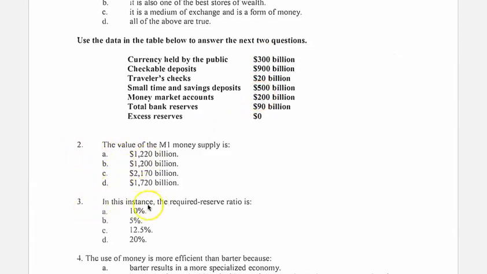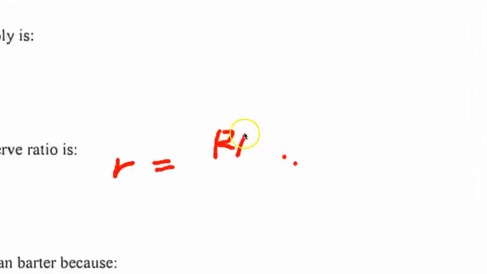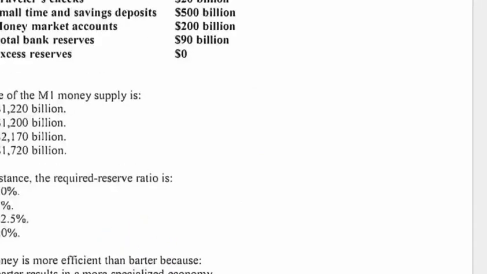For question number 3, in this instance, the required reserve ratio equals... For this one, we're going to use the equation: required reserve ratio R equals the required reserve divided by deposit. Deposit we show as D. So using this equation, let's take a look at the